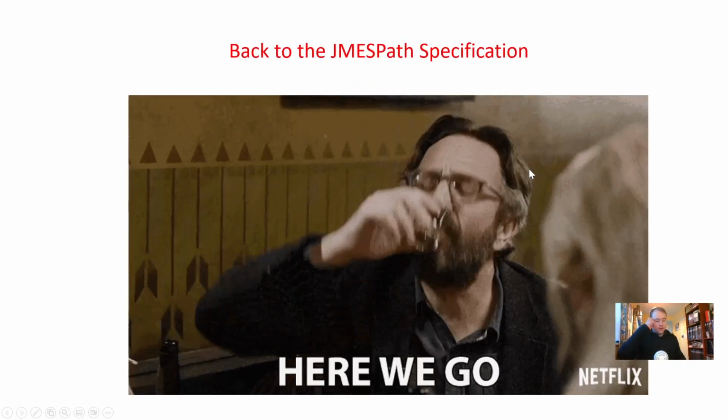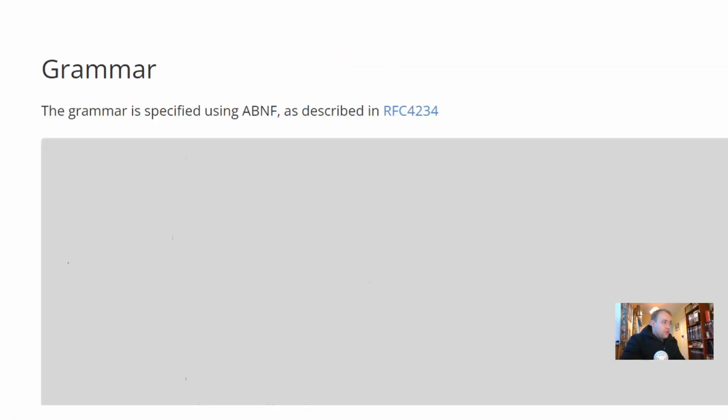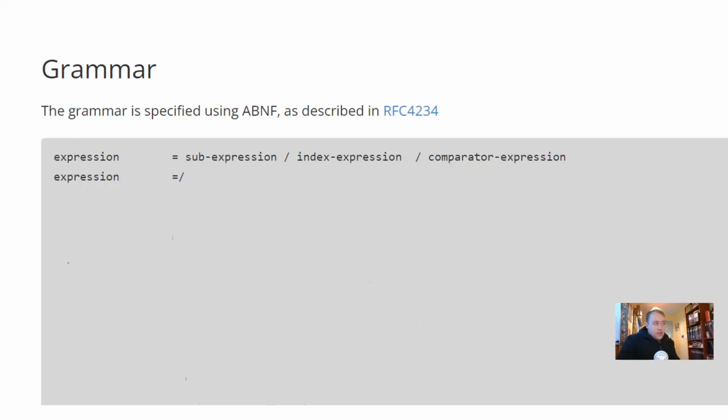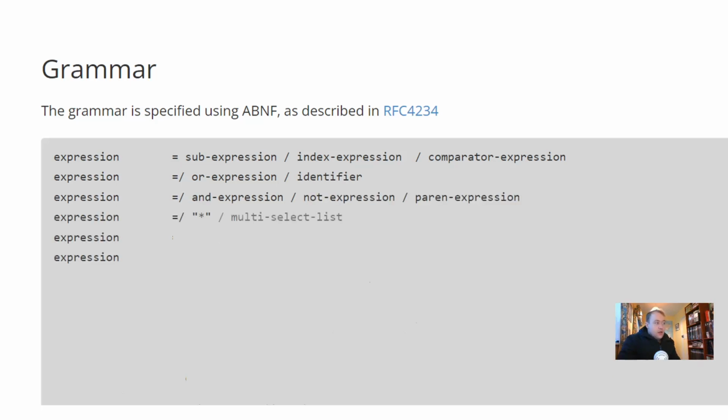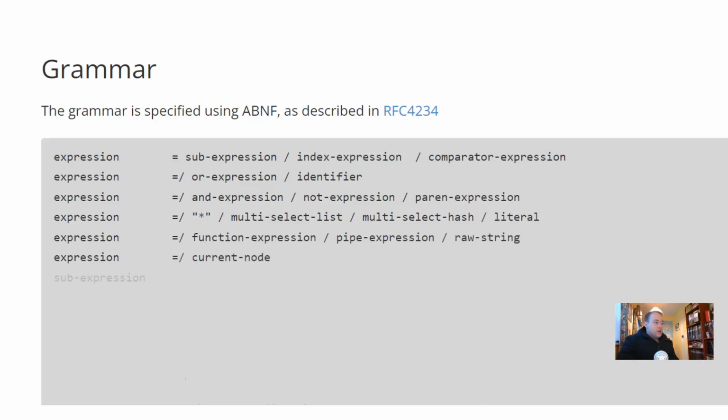So, back to the JMESPath specification. The grammar is specified using the ABNF described in RFC 4234. So we have expression equals sub-expression. Remember that term, sub-expression? Index expression, so / an alternative, comparator expression, okay, we use the incremental definition there, or expression, an identifier, a paren expression, asterisk, a multi-select list, a multi-select hash, a literal, a function expression, pipe expression, a raw string, a current node,